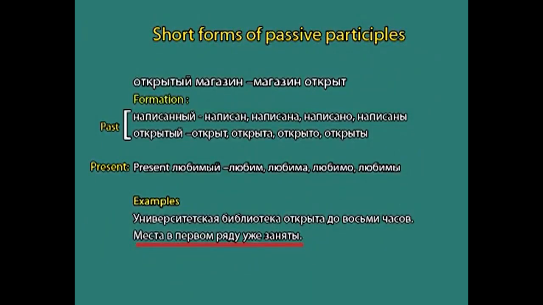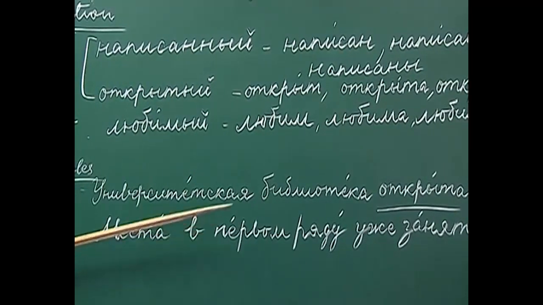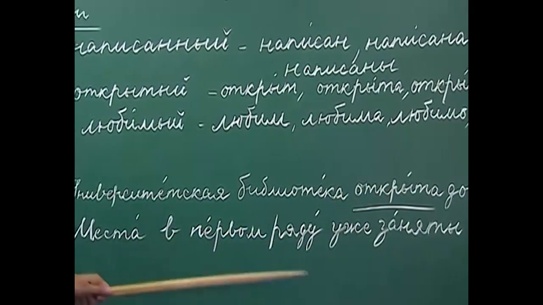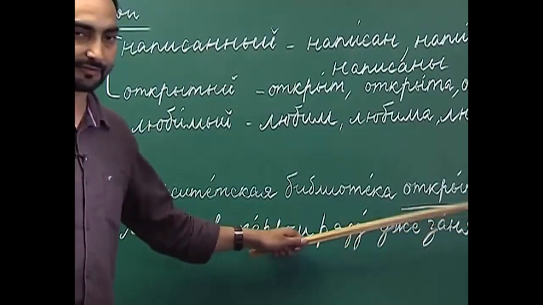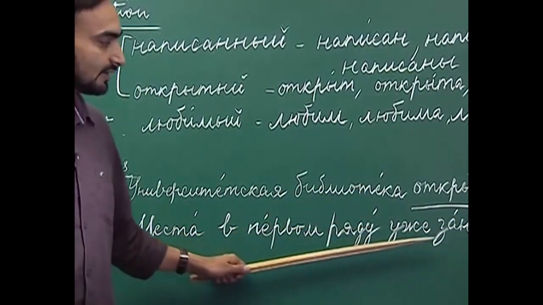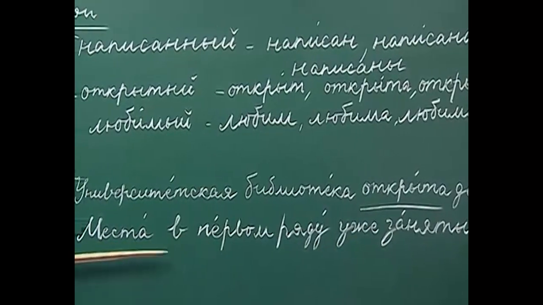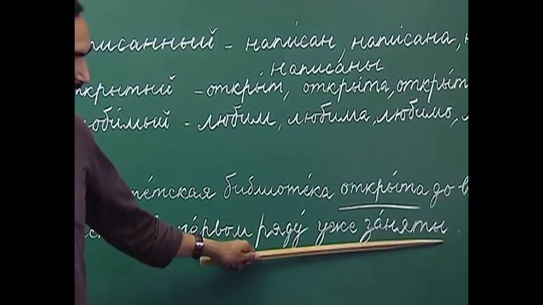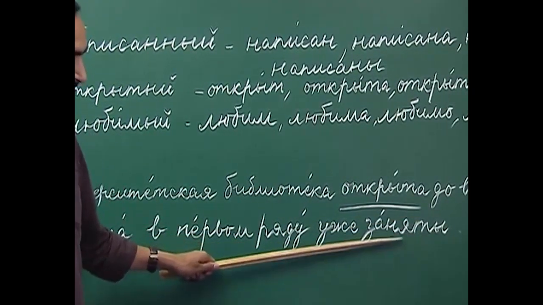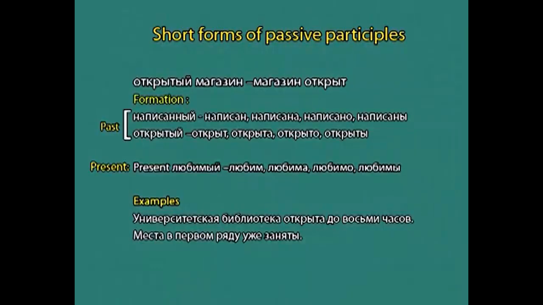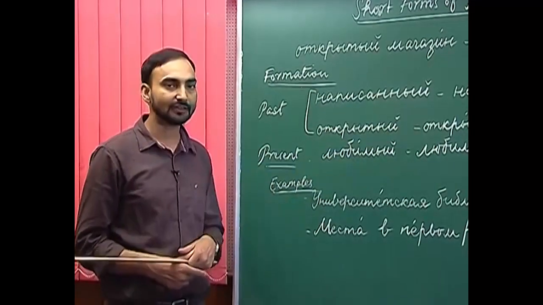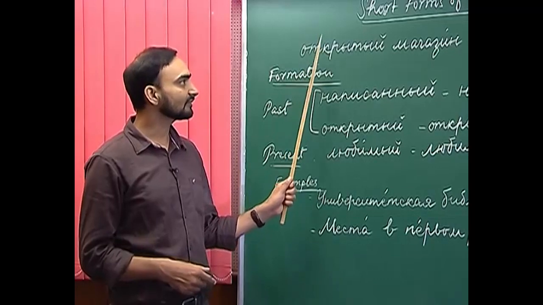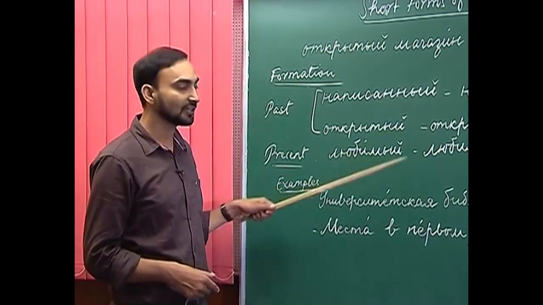The next example is Mista v prvom redu ushe zanati. The places or seats in the first row are already taken. Seats in the first row are already taken. Mista v prvom redu ushe zanati. Here mista is in the plural form, that is why we are using the plural form of the passive participle past, which is zanati. So, apart from this rule, we must mention that if the past participle passive ends with yoni, so